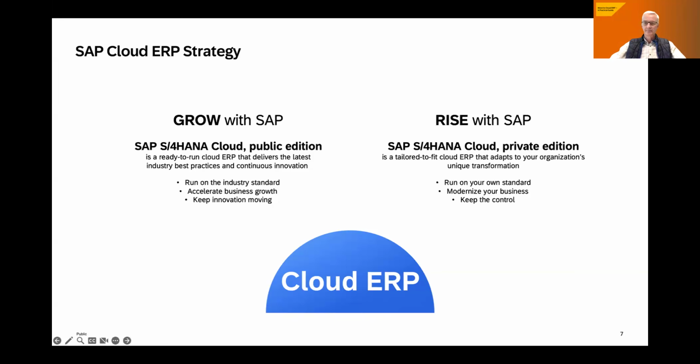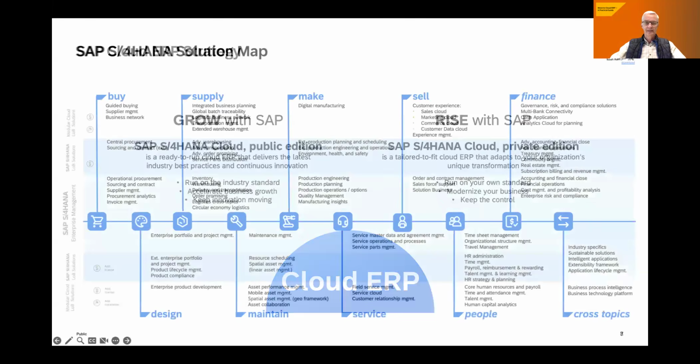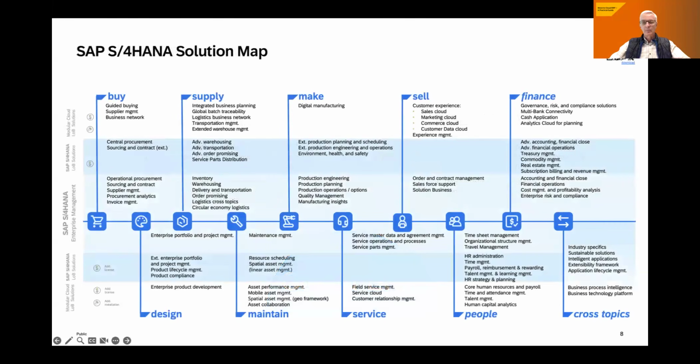Next slide, please. I'm sure you've seen one version or another of this slide before. We call it our solution map, and it nicely describes what we have in SAP S/4HANA functionality-wise. The light and dark blue area shows the functionalities, or to be exact, the business areas that are covered within the S/4HANA software stack.